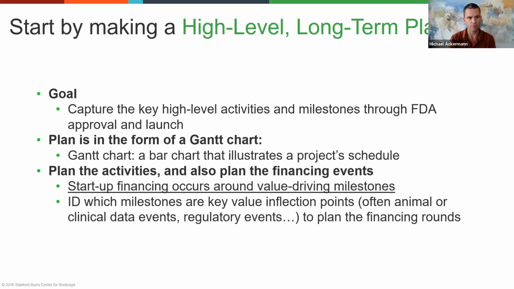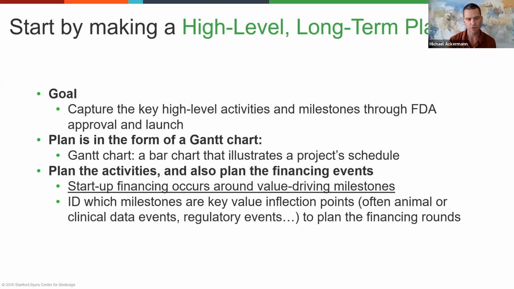And the way that we typically do this is in the form of a Gantt chart. That's probably the most commonly used tool. It's a really effective one. Most of you are probably familiar with what that is, and we'll show you some examples of it. But it's effectively a bar chart where you can label the different activities and put them adjacent to one another. And as I mentioned before, this not only allows you to plan the activities, but also to plan